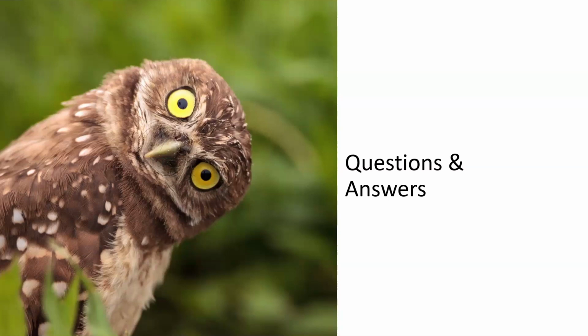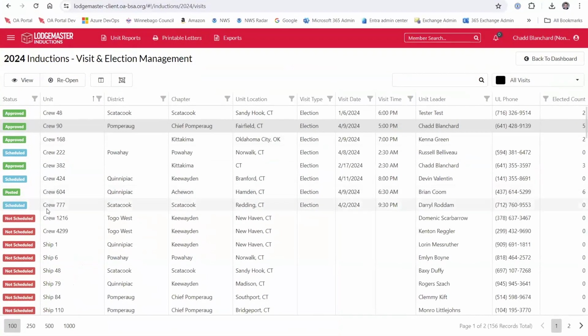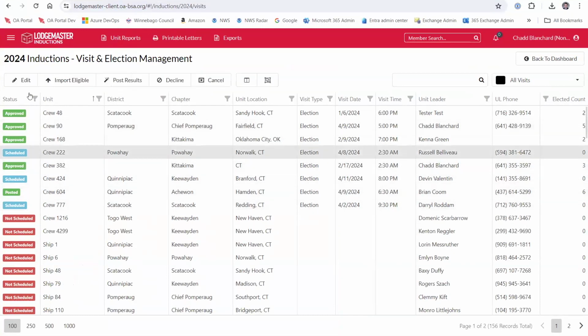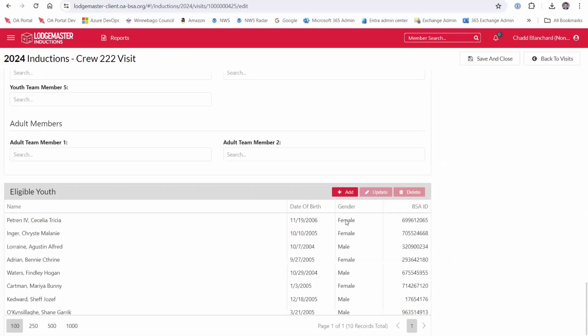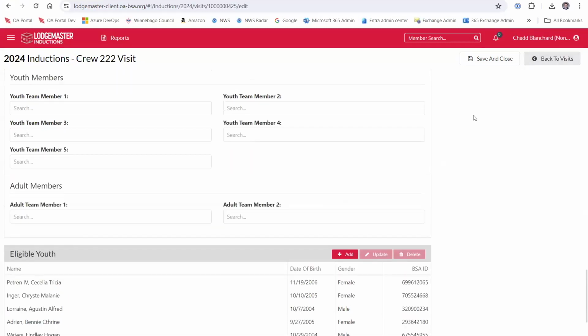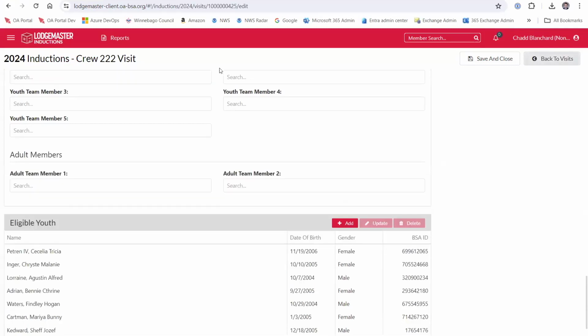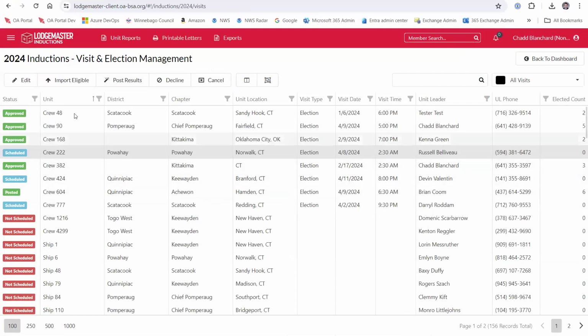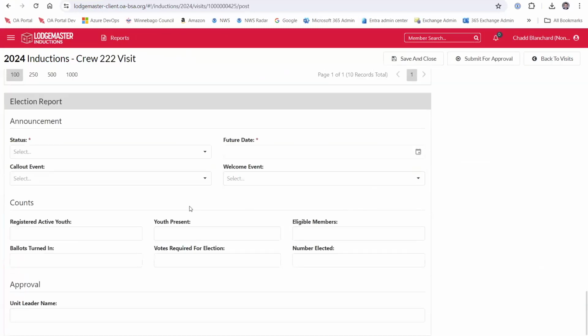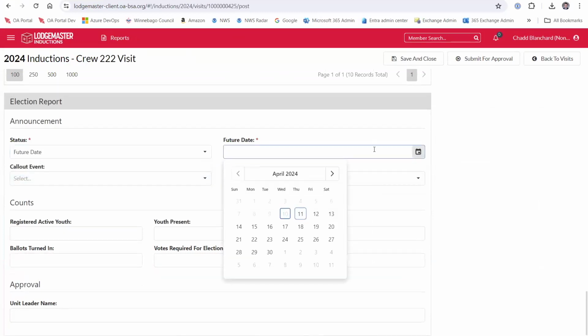And we did have one other question I wanted to cover live. There was a question about if somebody inputs a call out date. Can you pull up managing an election? So scroll down to the announcement information. There you go. So we have a call out date option in there, and somebody asked about if you select